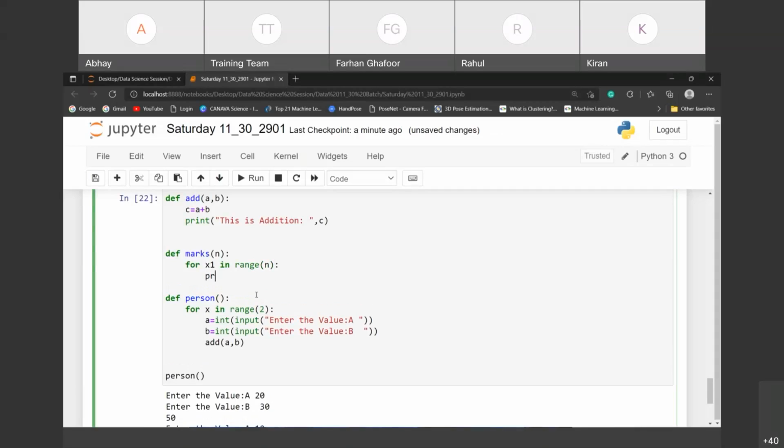And mrk is equal to int, into the bracket, input. I know I'm making it a little bit complicated. Why? Because you can understand the communication between the functions. Enter the marks,